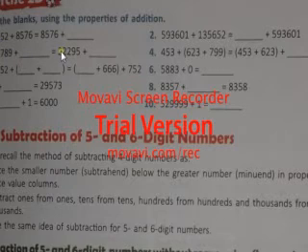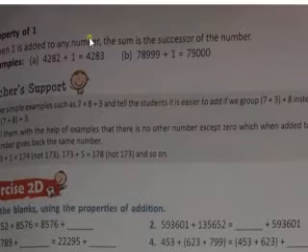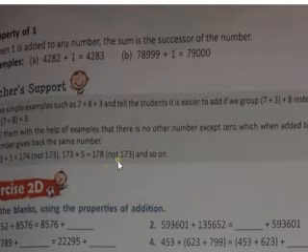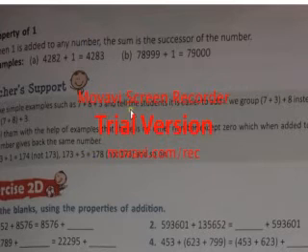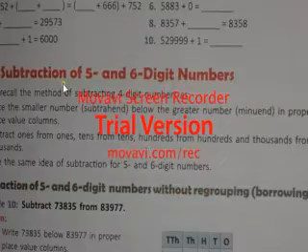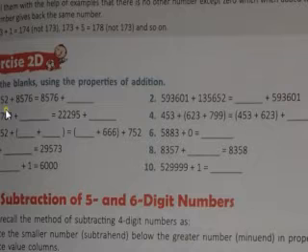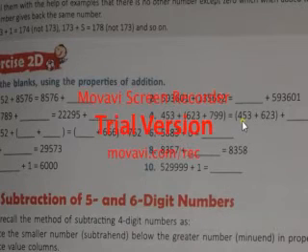What property? Commutative property. The spelling you want to know of commutative property? Then here, okay, in this I can show you. This was in an earlier page of the book. You can watch over there and you can write commutative. If you will read, you will get it just below the answer. After writing the answer, you will give an arrow and you will write commutative property. 2 also follows the commutative property. Here also you will write the answer and you will give commutative property.